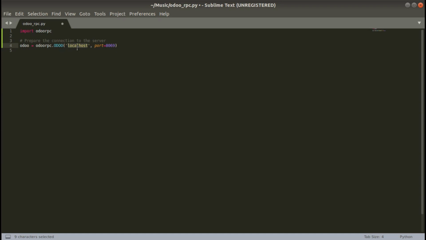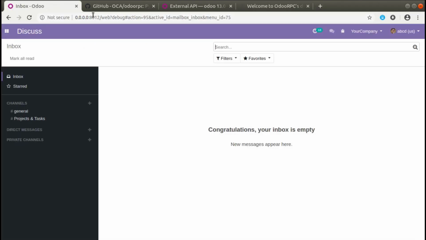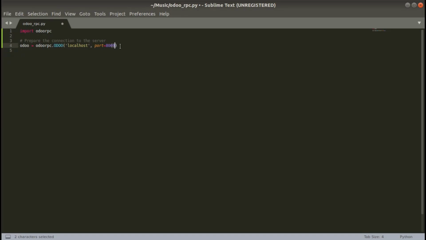Currently my instance is on my localhost, the same machine where I'm running the Odoo instance, so I can give localhost, or 0.0.0.0, or your IP like 192.168. If you are connecting to a remote instance, you can set its IP here, and you have to specify its port number. If you check the browser, you can see my Odoo instance is running on port 8012, so I have to change the port to 8012 instead of 8069, which is the default port.